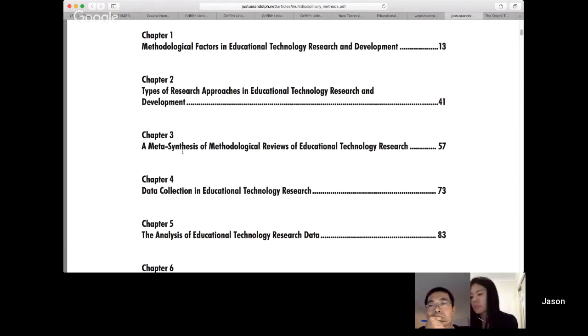A metasynthesis is where you look at a whole lot of research that's been done, and you don't do your own research, but by looking at lots of other people's research, you develop a synthesis of what they are all saying, and you develop a sort of consensus of what the overall field is exploring in terms of that research topic, or in this case, the educational technologies.